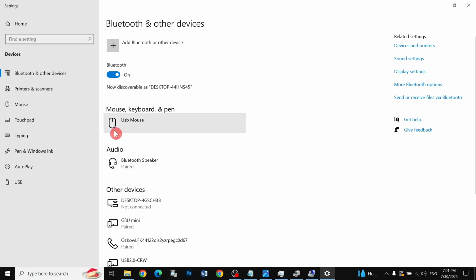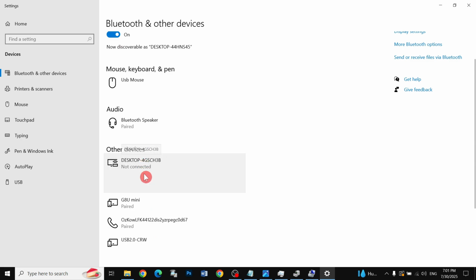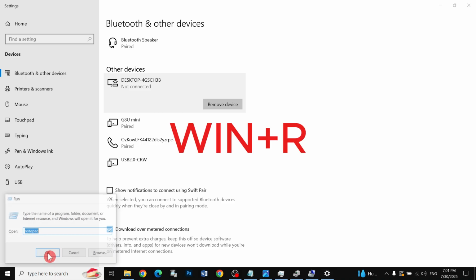And if you have already connected like this, just right click the device and remove it once, and connect the device again, and so you can fix the problem. If the problem still couldn't be fixed, press Windows R and type